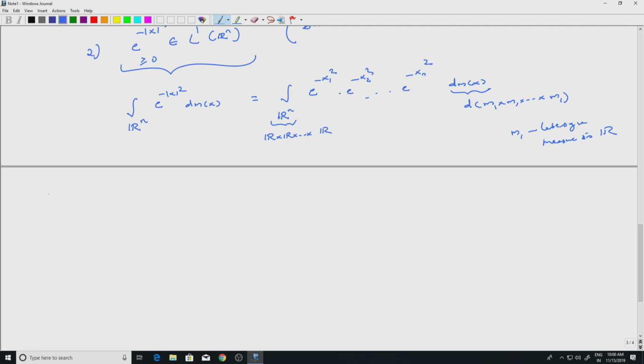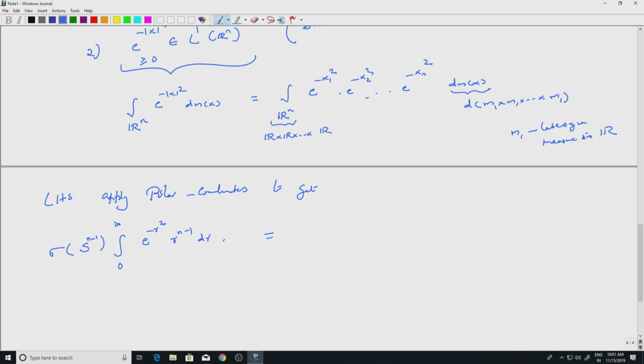So on the left hand side we can apply polar coordinates to get, well, what is the left hand side? Integral 0 to infinity e to the minus r square. Remember it's a function of mod x, so there is no omega dependence, r to the n minus 1 dr, times sigma of S^(n-1). So that is the total measure of S^(n-1).